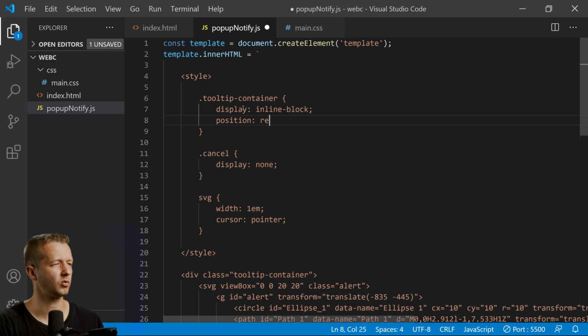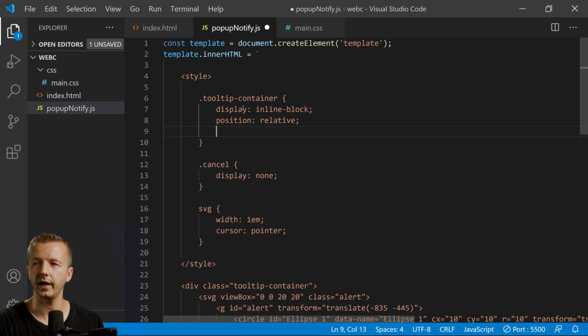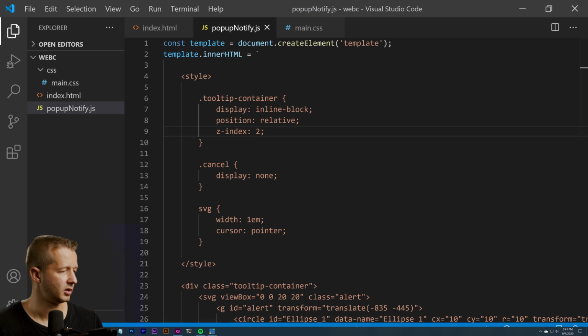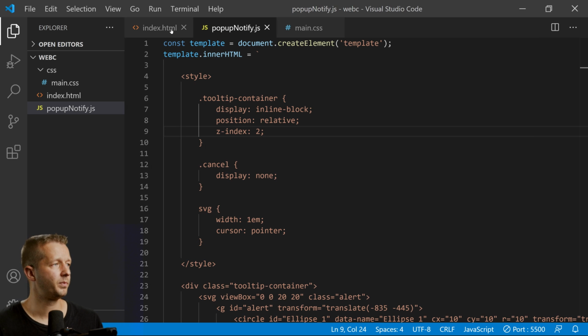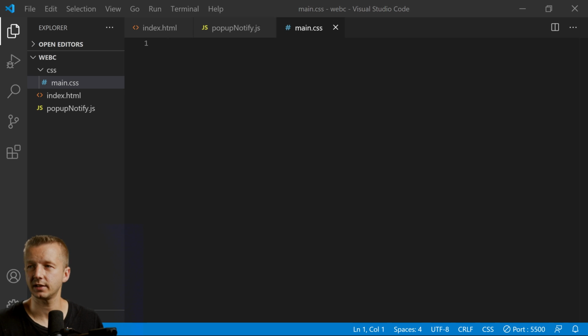Also a position of relative, and then we're going to do a z-index here of 2. Now that gets us back here so that it's not breaking this line here. So now it's display inline, which really is what's going to help it work better. Before I continue on with this stuff, I want to do a little bit in main CSS outside of the